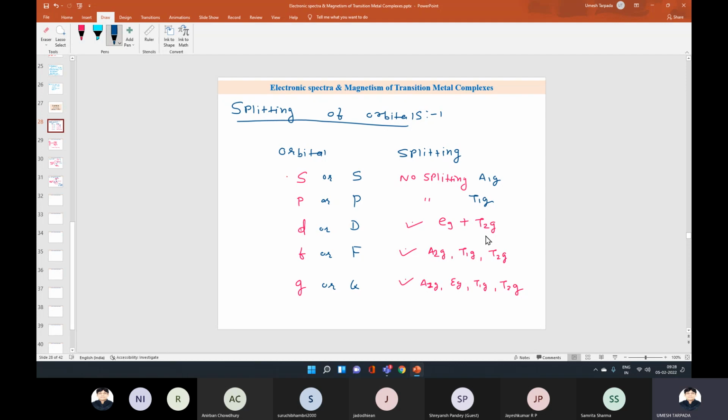ओके, इसी तरह जैसे आप F ऑर्बिटल में जाओगे, तो F ऑर्बिटल में सारी ऑर्बिटल डिफरेंट होंगी। तो यहाँ जो T1G है वो ये नहीं है, जो px py pz है वो नहीं है। ये F ऑर्बिटल के लिए F की जो डिफरेंट ऑर्बिटल है उसमें से हम सिंबल असाइन करते हैं। ओके, बट ज्यादातर क्या करते हैं, P एंड S ऑर्बिटल को A1G सिंबल असाइन कर दिया। तो वही सेम सिंबल यहाँ पे भी है, देखो A1G, G ऑर्बिटल में। तो इसका मीनिंग ये नहीं कि दोनों सिंबल सेम है। S ऑर्बिटल के लिए होगा तो वो S कंसीडर की जाएगी, बट एक ऑर्बिटल के लिए A1G यूज करते हैं। आप A2G भी एक ऑर्बिटल के लिए यूज कर सकते हो।